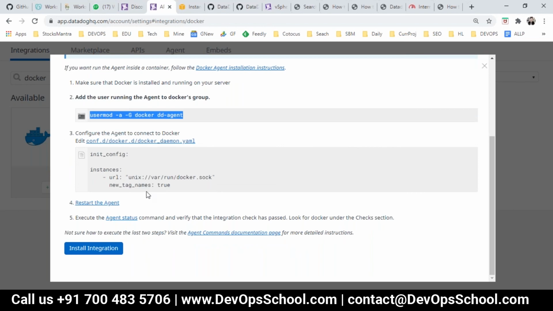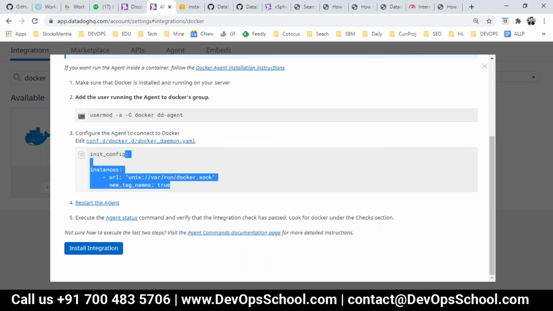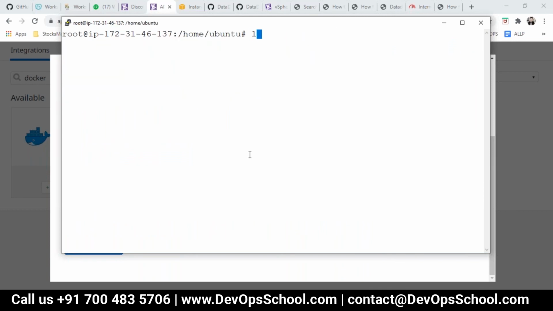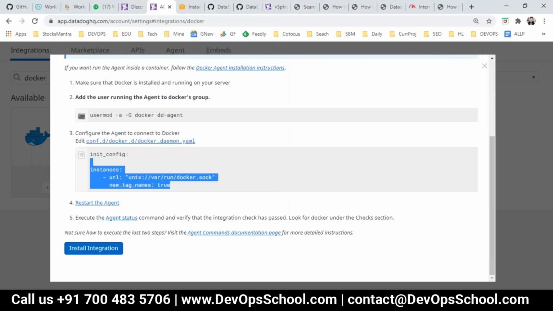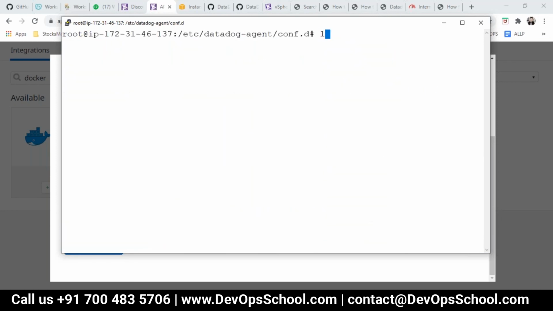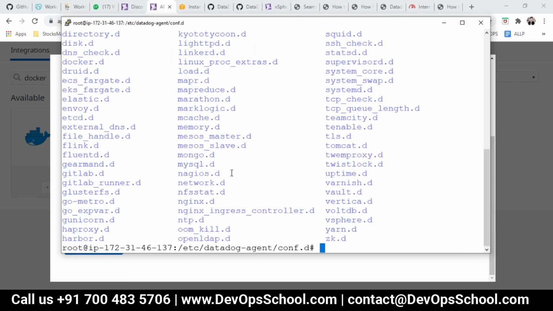After that, this is the third and last part in order to enable the integration. For that, I think you know the steps. Go to /etc/datadog-agent/conf.d, and inside that you have the integrations. These are core integrations, which means you don't need to install them.